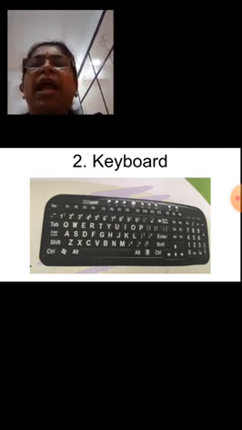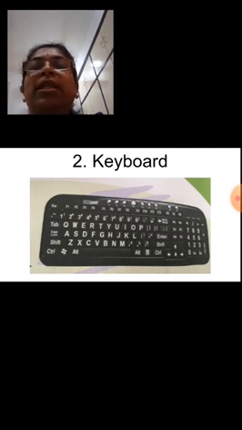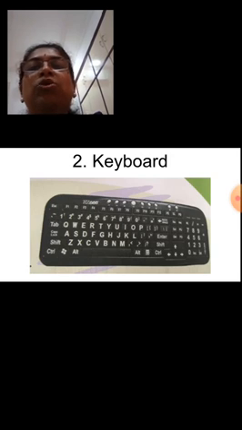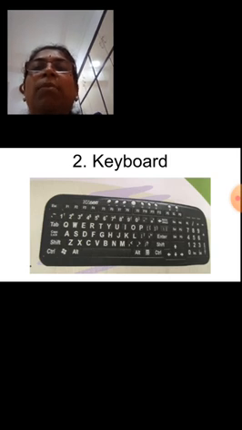Now number keys are available in two places. From the top, the third line has numbers, and on the right hand side there is also a numlock keypad. From there also you can type numbers. The only thing is, whenever you are using the right hand side number keys, the numlock should be on. The light should glow like the caps lock, if you remember. We have learned that earlier.